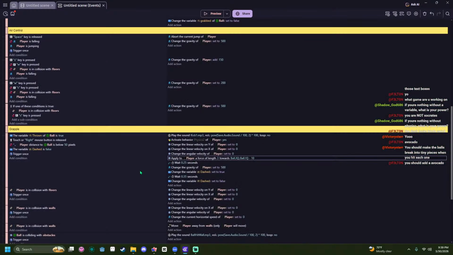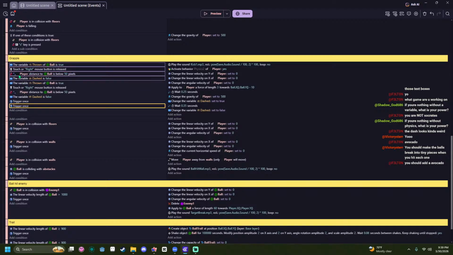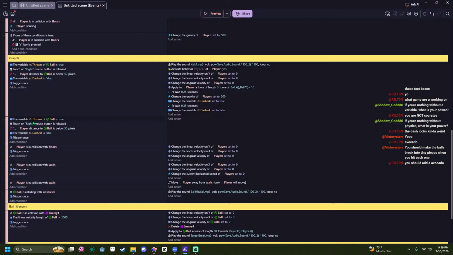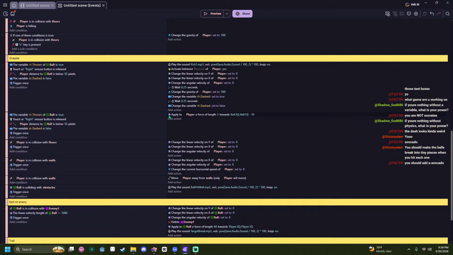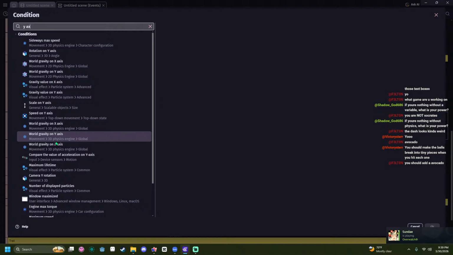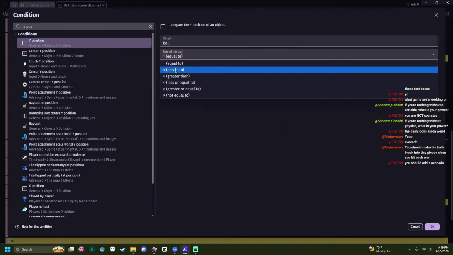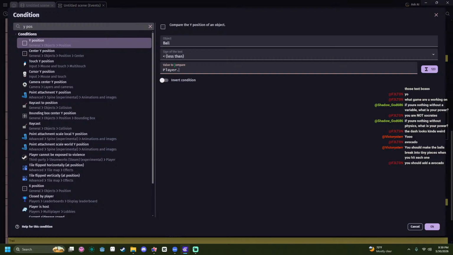Actually, what we can do is, don't duplicate, just add an extra line, but copy the condition. And then instead of applying the player force here, we'll apply it in this new one. But we'll only do it this way if the y position of the ball is less than the player's y position.